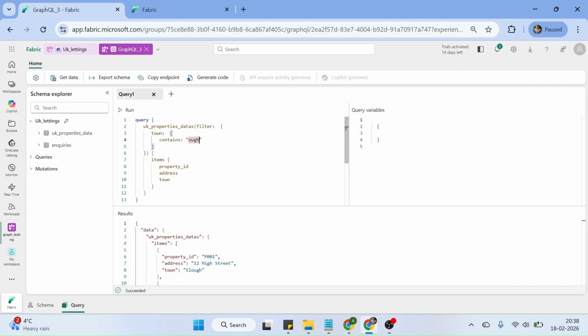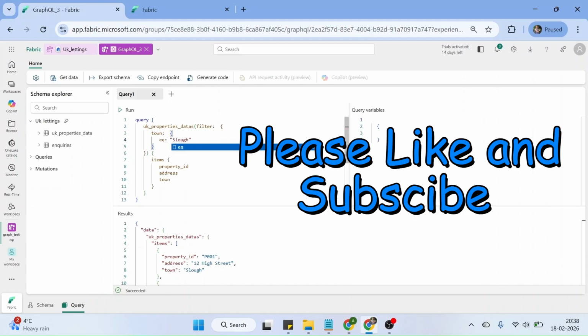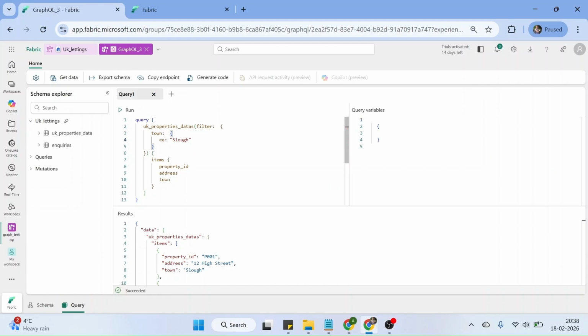The remaining options remain the same, and that's how you can apply a filter condition. Now let's again make it Slough and equal to. Let's see how we can write a logical condition on that. Suppose I want an